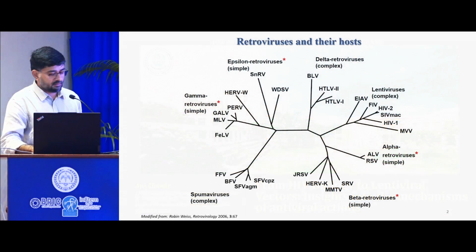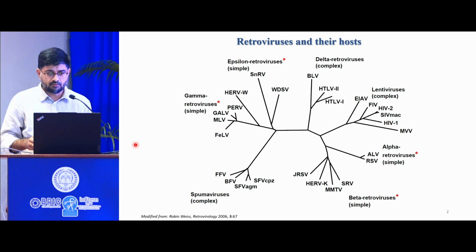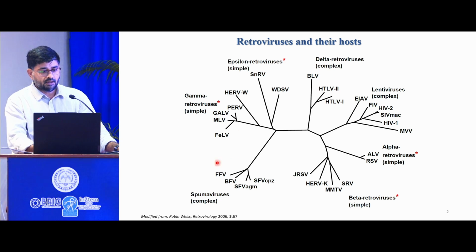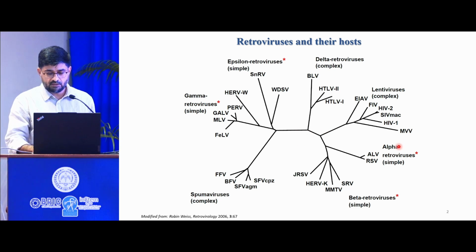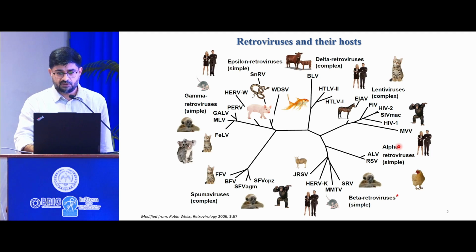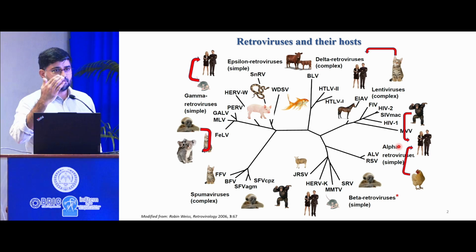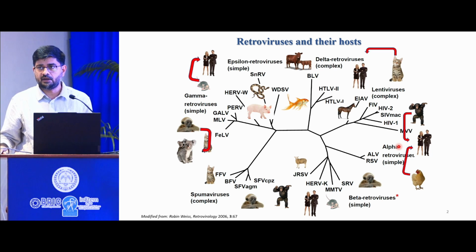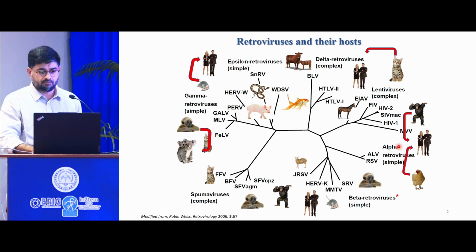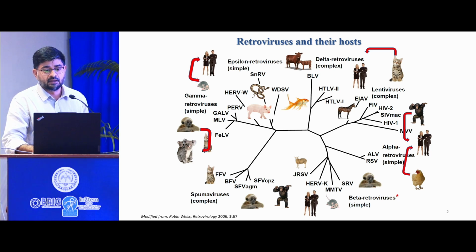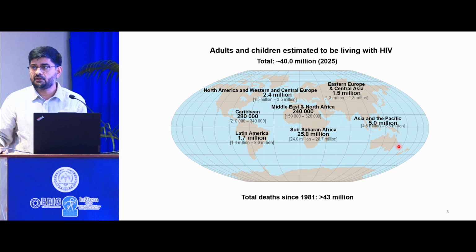So my lab, as everyone probably now knows, works on retroviruses, and we try to understand how these retroviruses evolve from their ancestors and became more and more pathogenic, and they also learn to infect various host species in turn. And while doing so, some of them try to jump the species barrier, and most often it was okay, but for some of the transmission events, or what we call zoonotic events, that led to the emergence of pandemic strains like HIV.